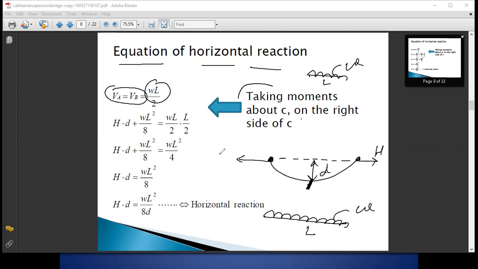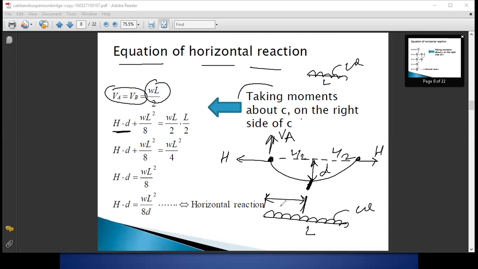Okay, so this is your H. If you consider the right side part, by taking the moment about this point, H into D plus WL square by 8 is equal to, this is your VA, this is your L by 2, this is your L by 2, right? So H into D plus half UDL, right? WL square by 8 is equal to,